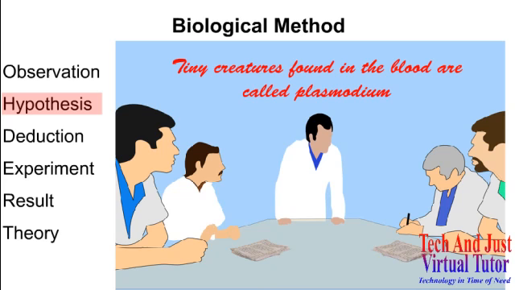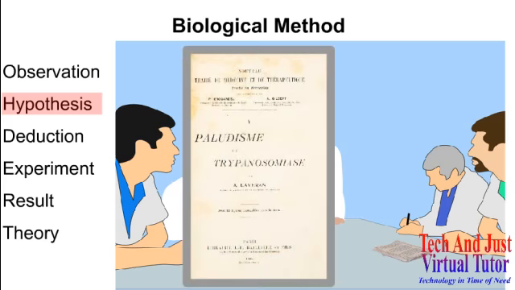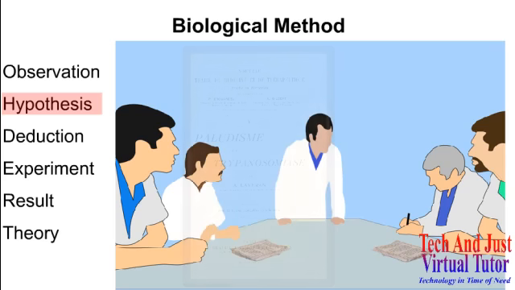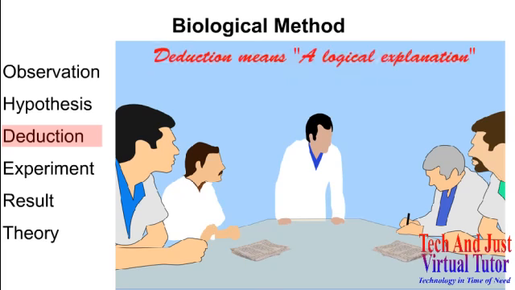Since so much time has been invested in the shape of meetings by these experts and professionals, a hypothesis is formed; their views and guesses have been collected on the issue. So now these meetings will continue and enter a new phase, which is called deduction in biological method. Generally, deduction means a logical explanation, where two statements are derived from given data, and the third statement, which is the answer of these two statements, is called a logical explanation or deduction.